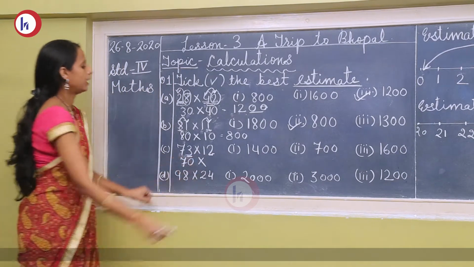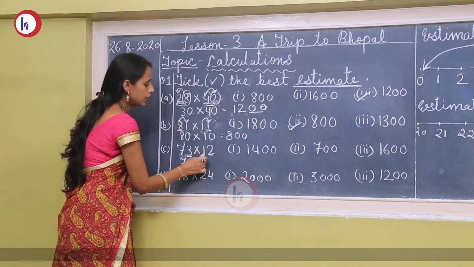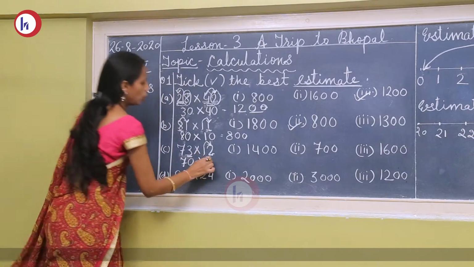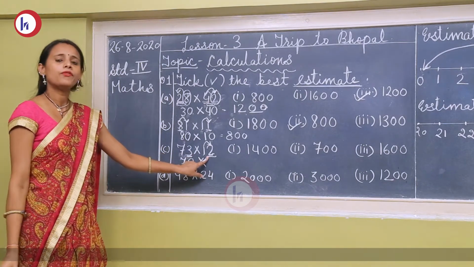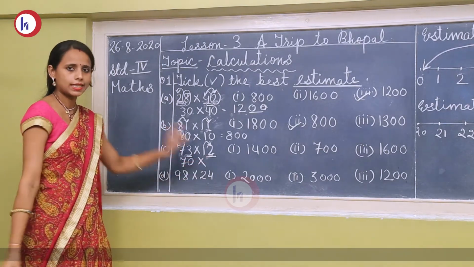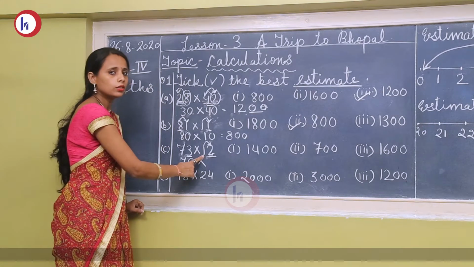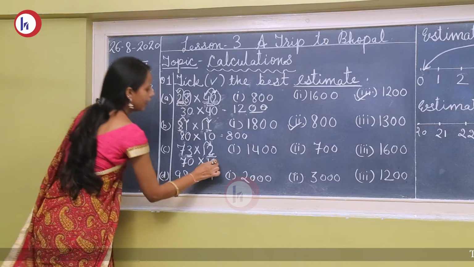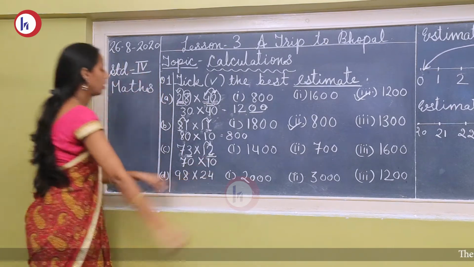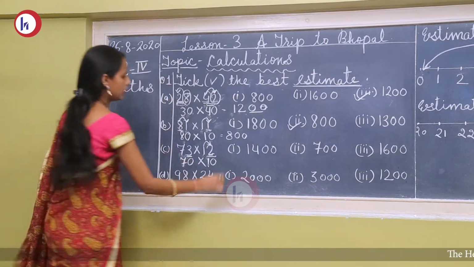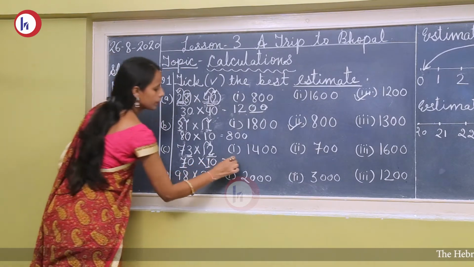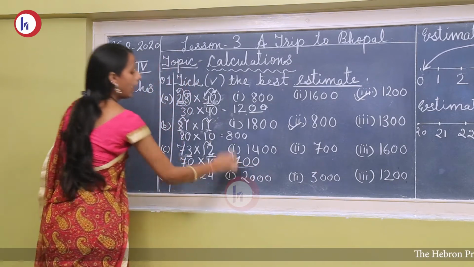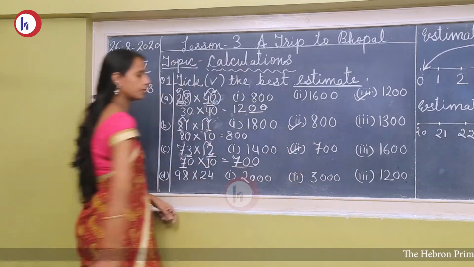Multiplied by, now here is 12. The first digit is 1, and look at the right digit of 1. It is 2. Is it less than 5 or more than 5? Yes, it is less than 5. So will it be increased or not? No, it will not be increased. It will be 1 here and here will be 0. 70 multiplied by 10 is equal to, see, 7 ones are 7 and 1 zero plus 1 zero, 2 zeros will be here. So the answer is 700 here.